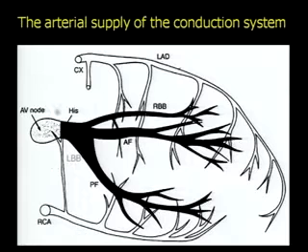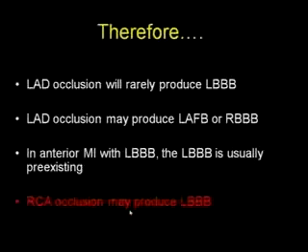And last but not the least, the bundle of His and the AV node is supplied again by the right coronary artery. So the right coronary artery supplies the AV node, the proximal bundle, and even the proximal left bundle. But the moment one goes beyond the very proximal left bundle into the fascicles, there is no single artery that supplies both fascicles. Therefore,